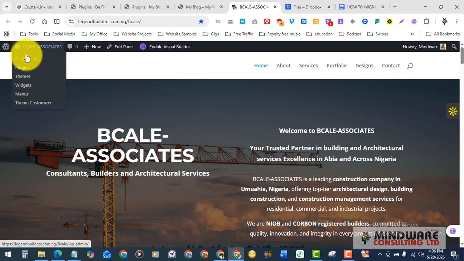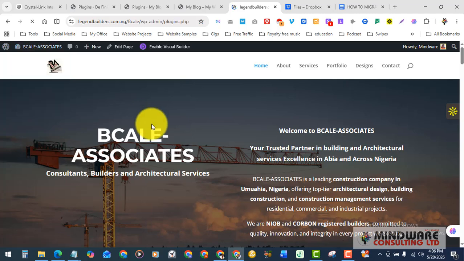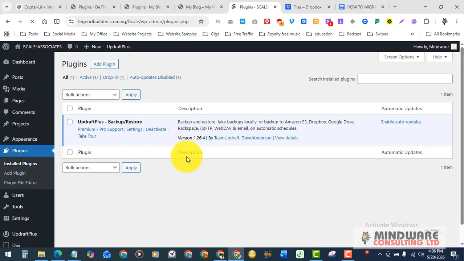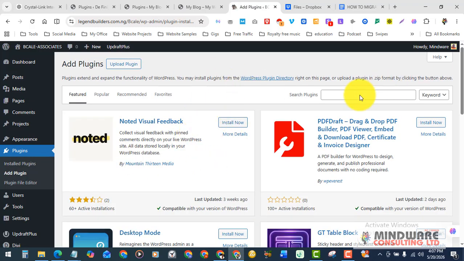So we'll go to the back end, come here, hover over dashboard, plugins. What I want to install is a plugin, so I'll click on plugins to take me to the plugin installer. Straight up. Boom, so we are right here. Okay, I already have it installed, by the way. But of course if you want to install it, you already know what to do. I think I've treated it in another class. You just come up here, or you come down here where it says add plugin. You just go to the plugin installer. The plugin is Updraft,